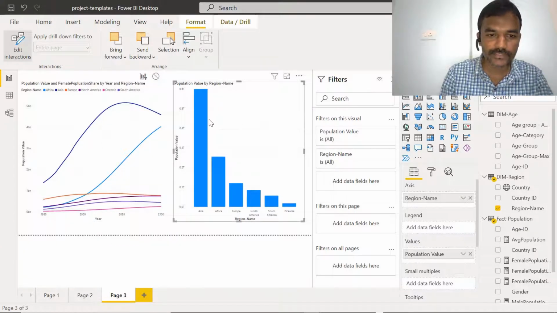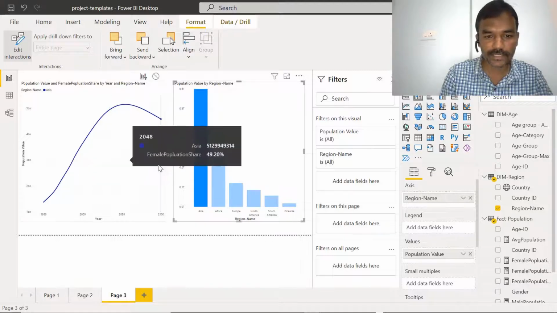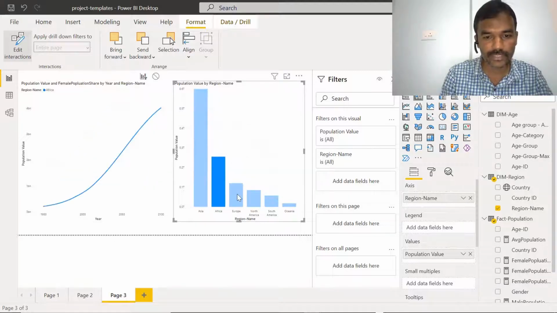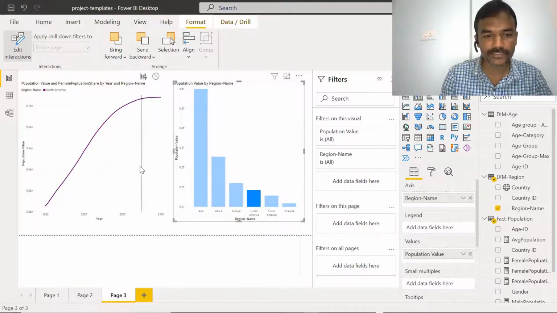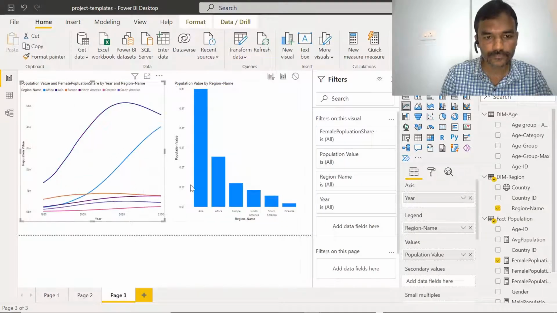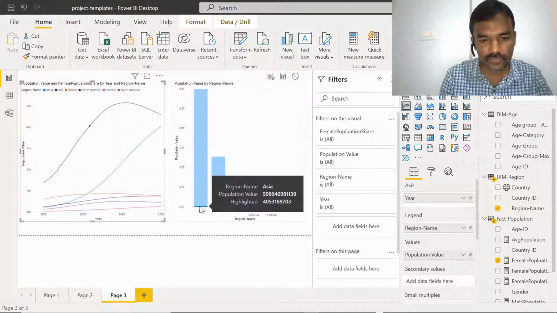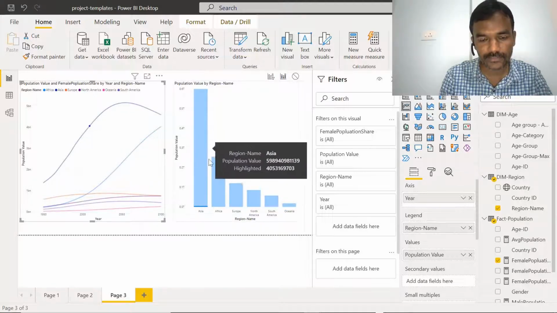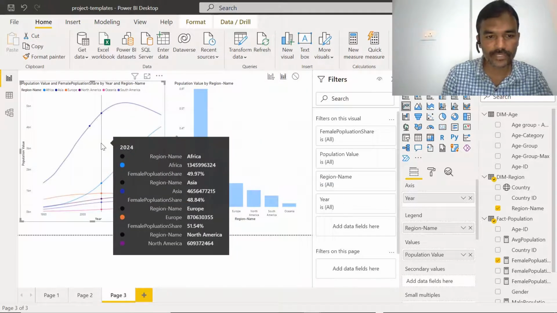Let's try clicking on any of these charts. I'm clicking just on this bar, and it is filtering the data in this chart as well. Similarly, if I select like this, you can see the line is getting changed, and if I select a complete chart, then it shows like this. If I click here, a small portion is highlighted and the others are getting disabled. This is what it shows when we click on any of the data.